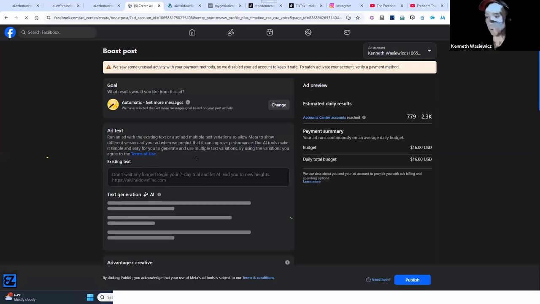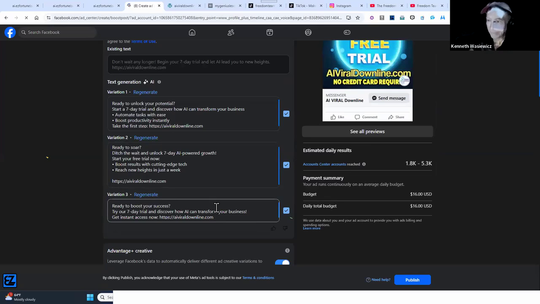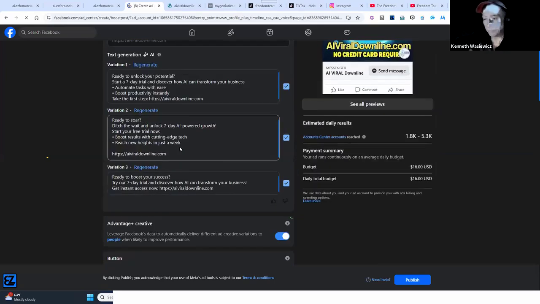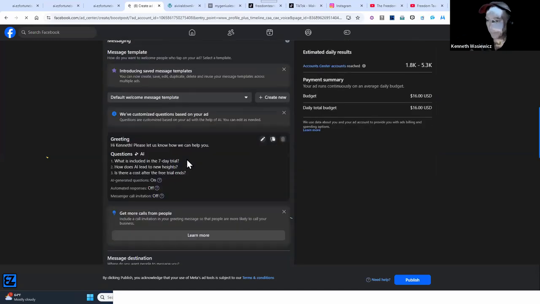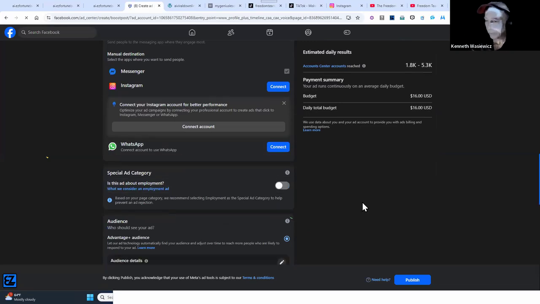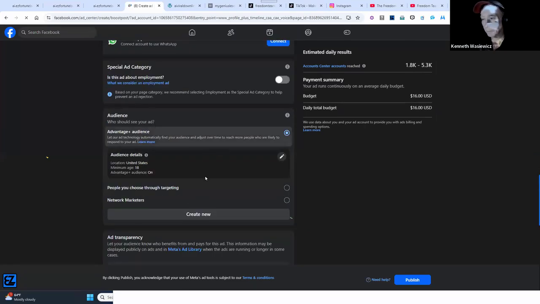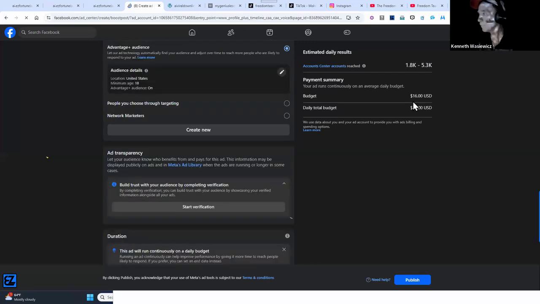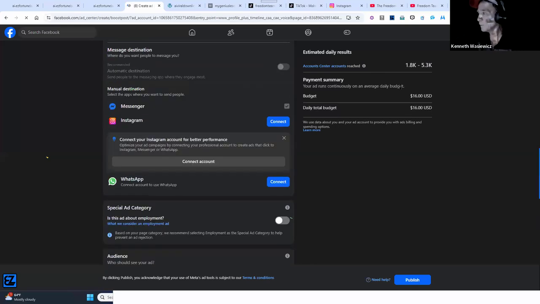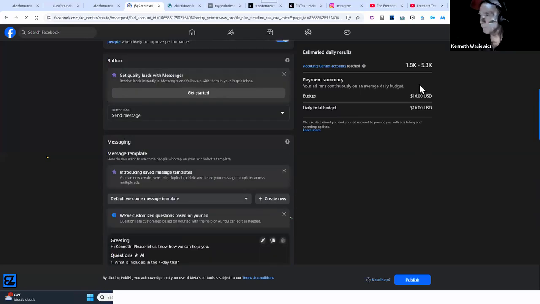And then you'll go through a bunch of stuff. It's kind of really easy. Different variation, whatever you want, and you can pick the platforms that Facebook has to advertise to, what audience you want to target. In the beginning, this budget is $16, right? But we can go up here and we can change this. So it just depends on how much money you want to spend.